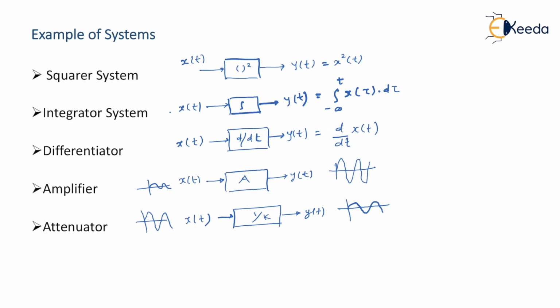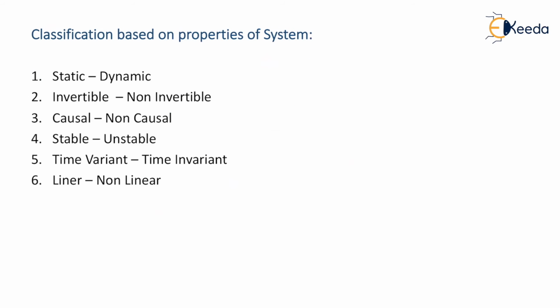Now, depending upon the properties of a system, we have a certain classification which is considered the standard classification of systems. Let us see those. On the screen you can see the classification based on properties of a system. Every system may have a memory inside it, or it may not. So depending upon whether it is equipped with memory or is memoryless, we have the very first classification, called static system or dynamic system.